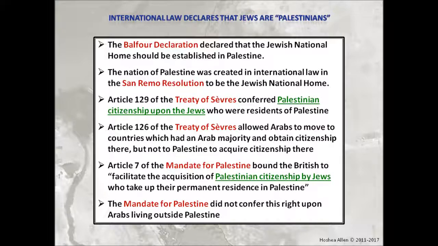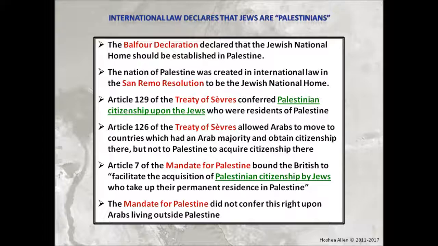But this really wasn't much of a problem for the Arabs, since there were many countries in which they could receive citizenship if they wanted, including the Hejaz, which later became Saudi Arabia, Syria and the Lebanon, and Mesopotamia, which eventually became Iraq. Further, Article 7 of the Mandate for Palestine of July 24th, 1922, bound the British to